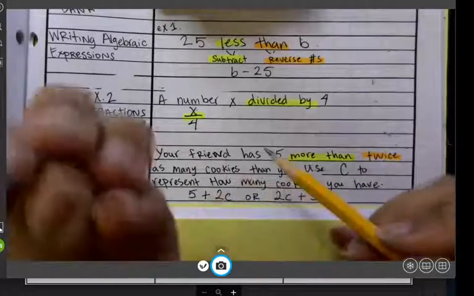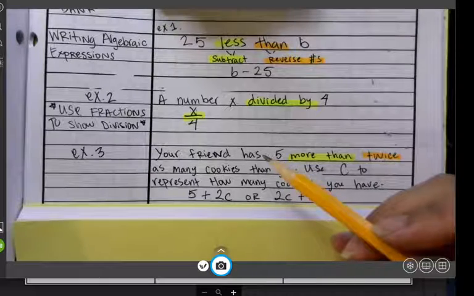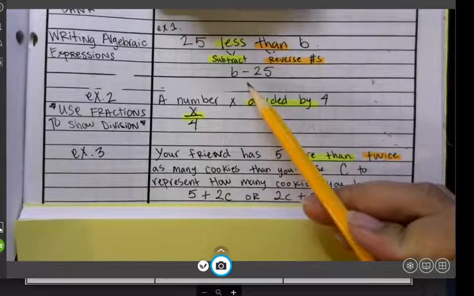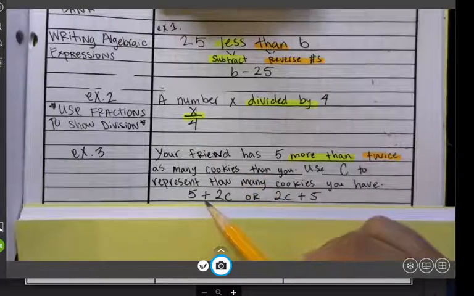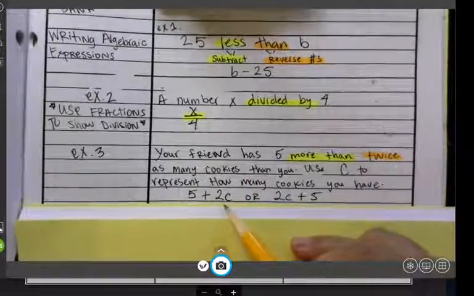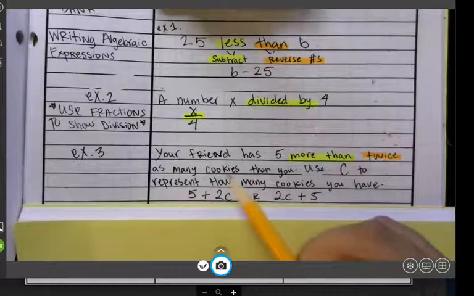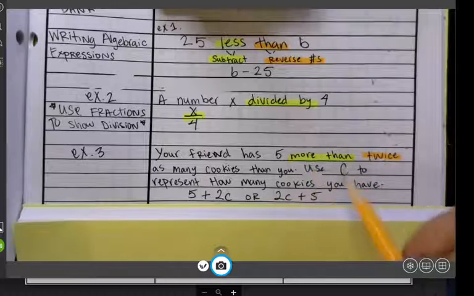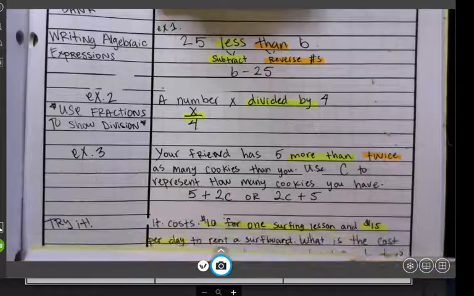Remember that with adding, it doesn't matter which one goes first. 2 plus 3 is the same thing as 3 plus 2, so it doesn't really matter which one goes first. In subtraction, it matters. Like 3 minus 2 is not the same thing as 2 minus 3. So in this case, 5 more means plus 5. So you could write it as 5 plus 2C or 2C plus 5. That is what your expression should look like. Twice as many cookies, 2 times C, 5 more than that, 2C plus 5. Okay, now I want you to try